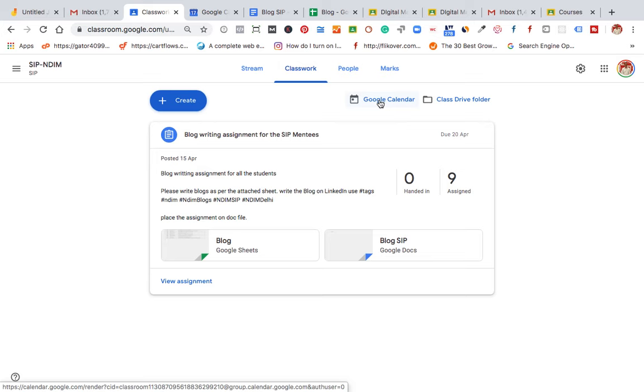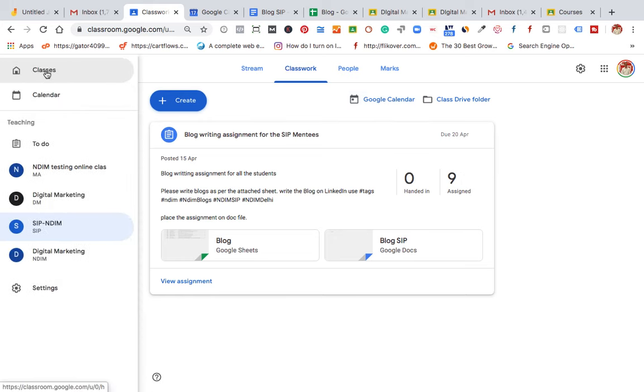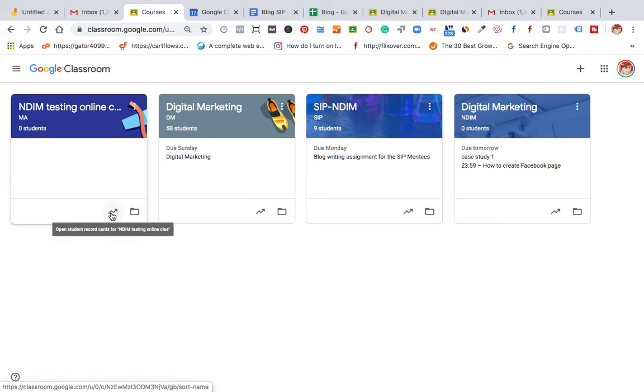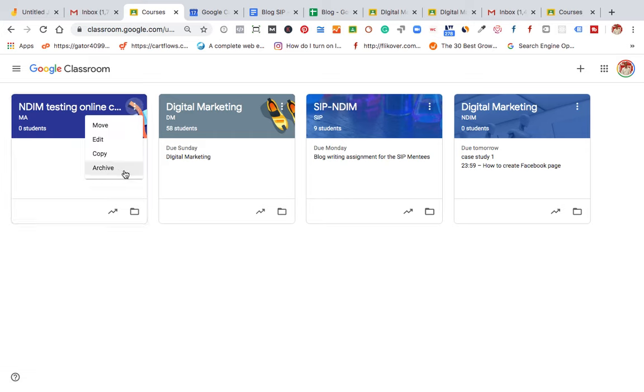And the best part about this classroom is, suppose you are done with semester 2 and all the assignments are in here. You won't be deleting any of the classes from here. Instead, you can duplicate the class, and once you have duplicated it, every single assignment in your class will be moved to a draft stage, not a published stage. So it's up to you how you want to give them assignments. Suppose in the first week of the semester you want to give them some assignment, all the assignments will be handy. And if you want to schedule the complete semester in one go, you can do this from here itself.